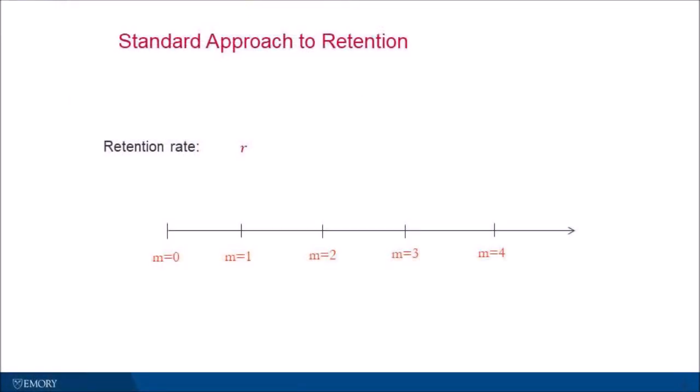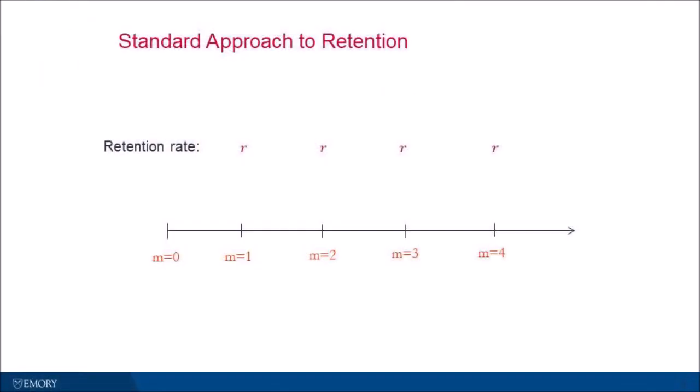So how should we calculate retention? Well, the standard way is to assume that every period there's some sort of retention rate. So I'm in month 0, I've just been acquired, I move to month 1, there's going to be some probability I'm going to end my relationship with the firm. The probability that I stay is the retention rate. And so every single month there's going to be a different retention rate. And the standard assumption that is typically made is that every single month that retention rate is exactly the same